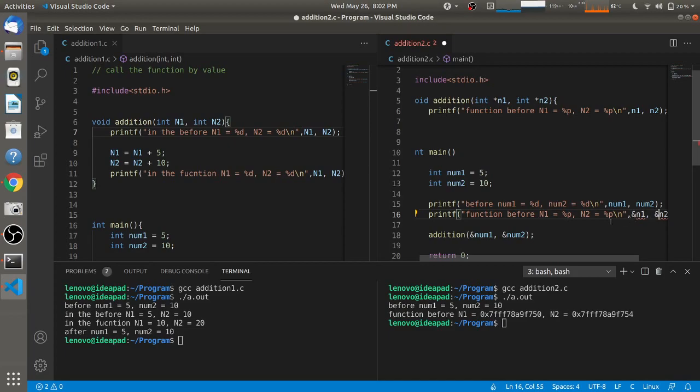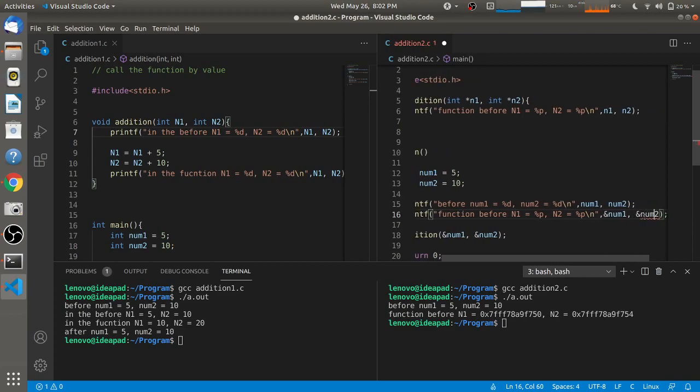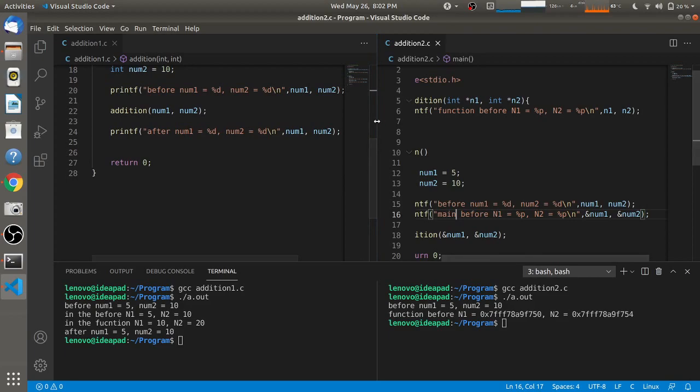So I'm adding one more printf statement, and I'm adding a statement here, that is, num1, address of num1 and address of num2, and I am changing the tag of that printf statement, that is, main before. So main means that it is in the main function, and before means before calling the function.